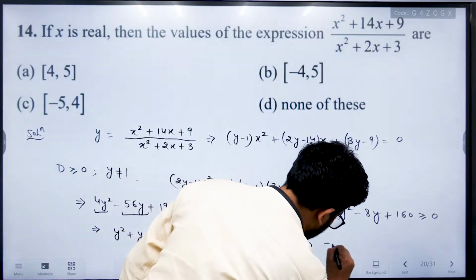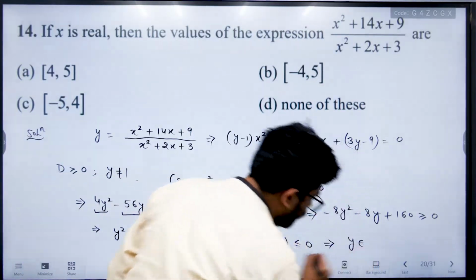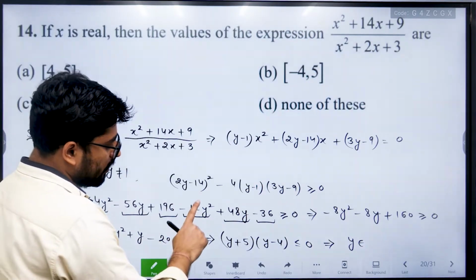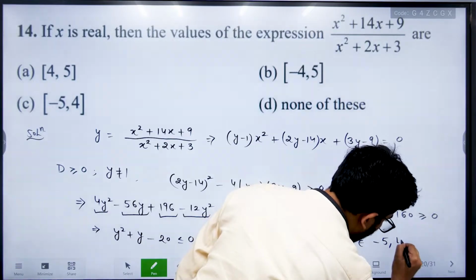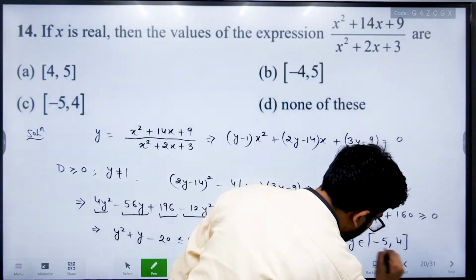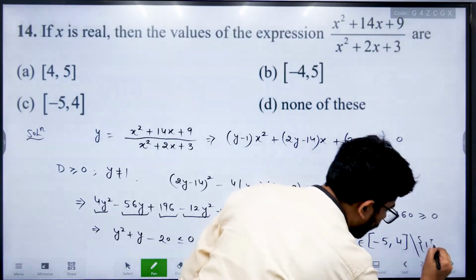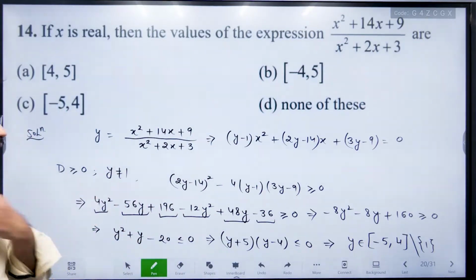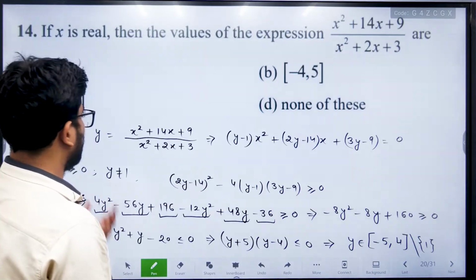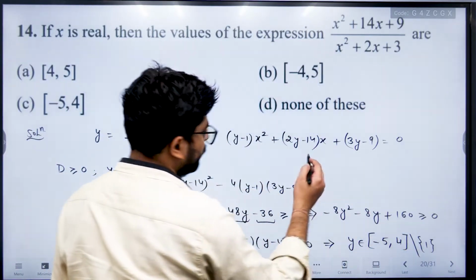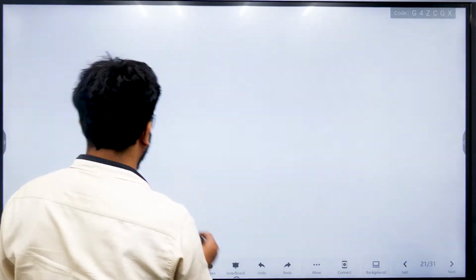So from here, using your wavy curve, you can say y belongs to minus 5 to 4. Yes, minus 5 to 4, closed interval, but you cannot include 1 here now, because y is not equal to 1. So minus 5 comma 4 excluding 1. Now what about 1? If y is equal to 1,